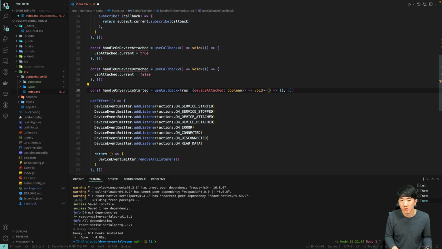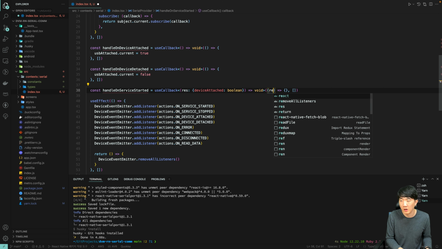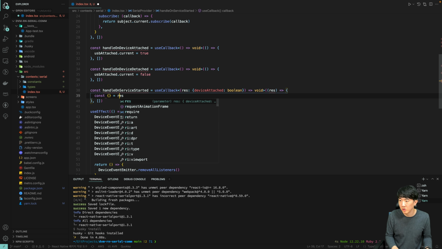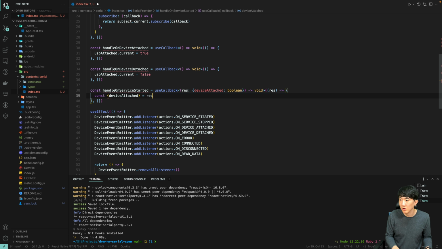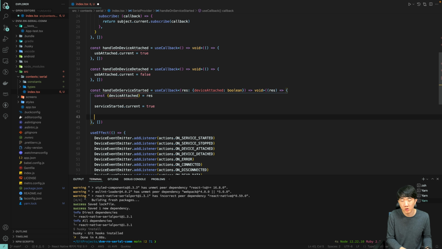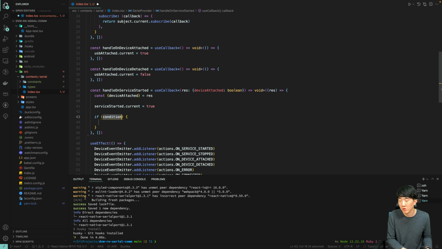Since we are using it, we can do res here and then const, which means the service has officially started and is now operational. The RF variable we created earlier is specifically for testing purposes, and since it is now a Boolean, if the device attached is true, the handle 1 for the device attached should be executed without any delay. Let's tidy this up by organizing our code and placing the recently started service here, ensuring everything is in